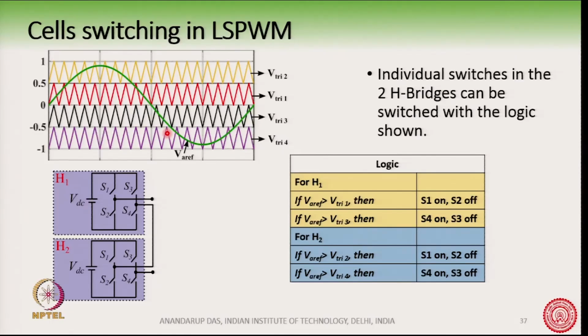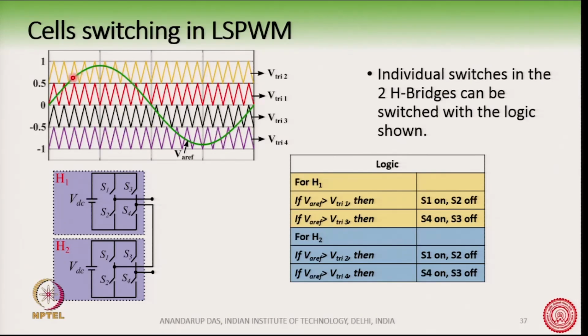Similarly, the same logic can be replicated for H2, which is shown here. If VRF is greater than V triangle 2, then S1 is on. If VRF is more than V triangle 4, then S4 is on. So, during this part of the waveform,